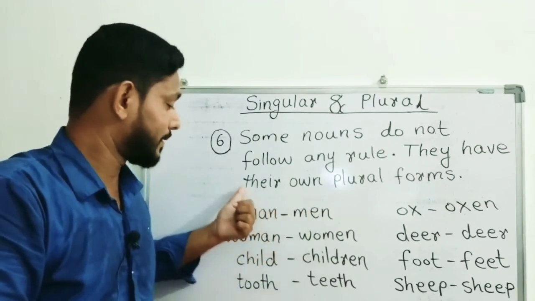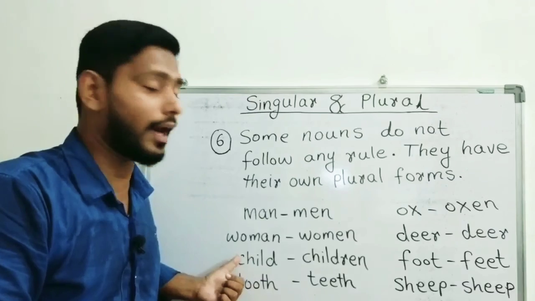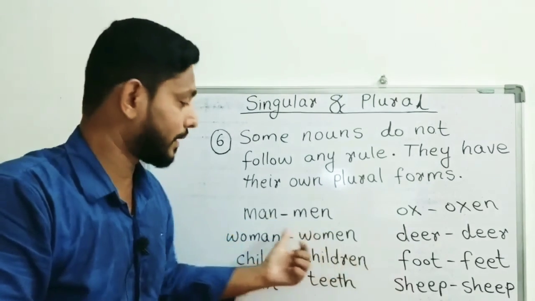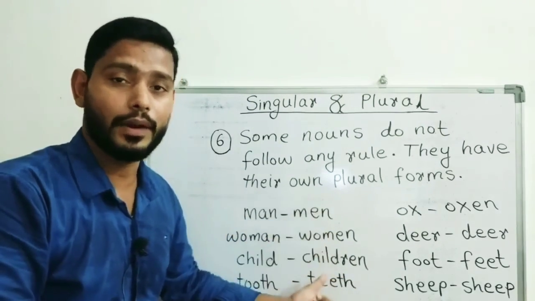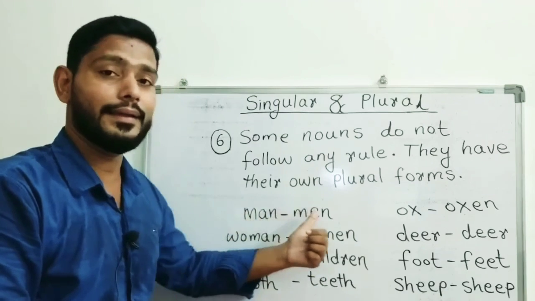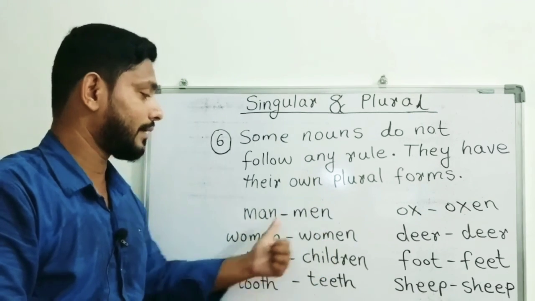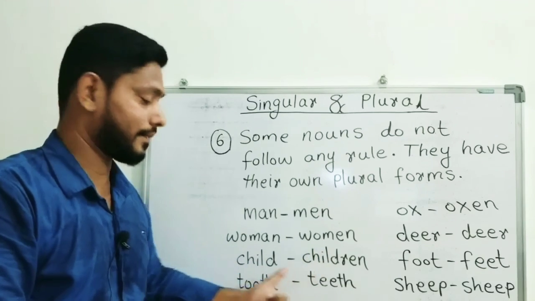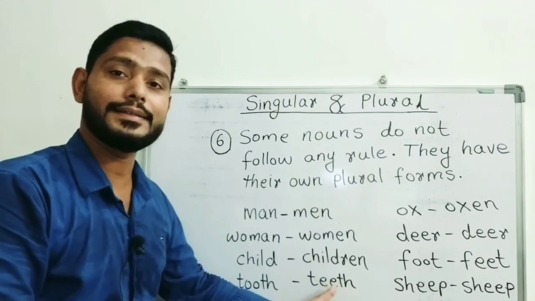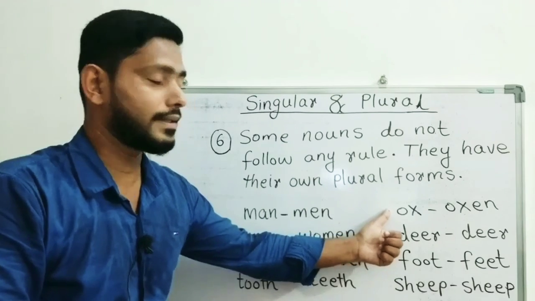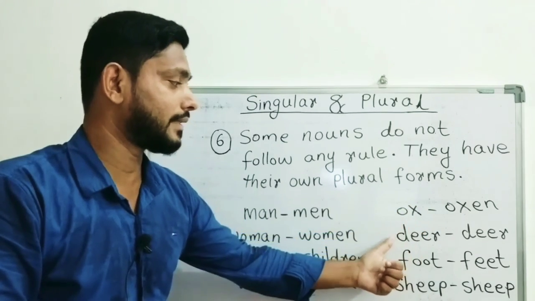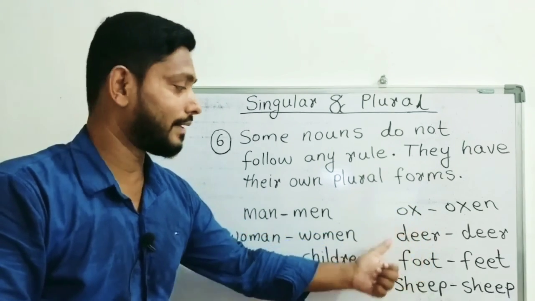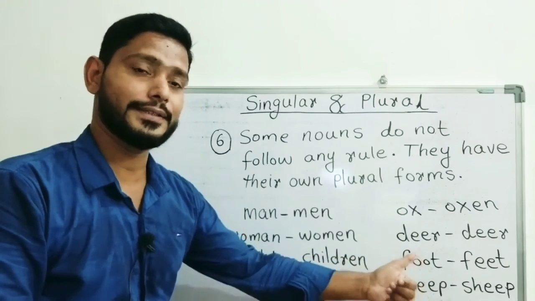On this side are the singular nouns, and on the right side are the plural forms. Man, men, woman, women, child, children, tooth, teeth, ox, oxen, deer, deer, foot, feet,